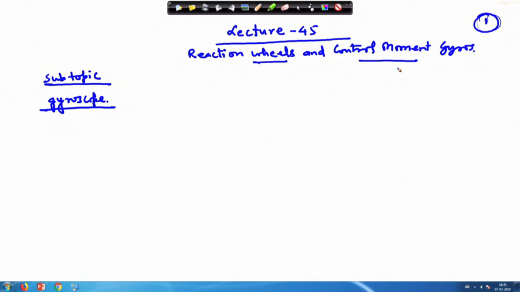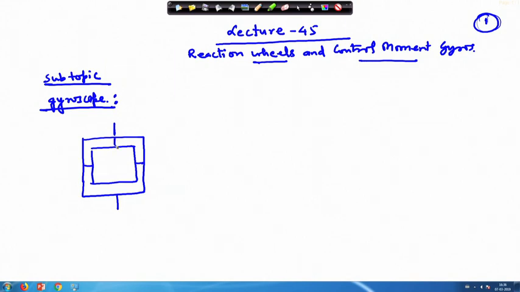In that context, before entering into the reaction wheels and the control moment gyros, we are trying to enter into this gyroscope. How does it work? We have already looked into the rigid body dynamics of a cylinder, which was a symmetrical case. It can be unsymmetrical also, but here the gyroscope consists of two frames, as we discussed earlier: the outer frame and the inner frame. This is on the gimbal here.